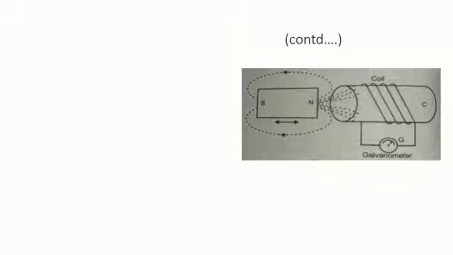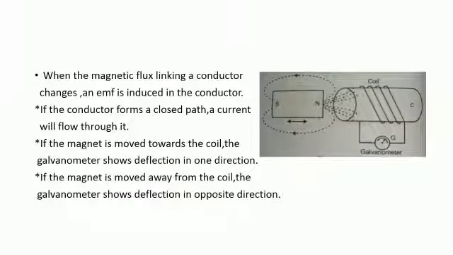The diagram indicates how the EMF is induced in a magnetic circuit. There is one permanent magnet with a north pole and a south pole. Another one is the coil. There is one core C, and a coil is wound over this core. A galvanometer is connected to the two terminals of the coil.